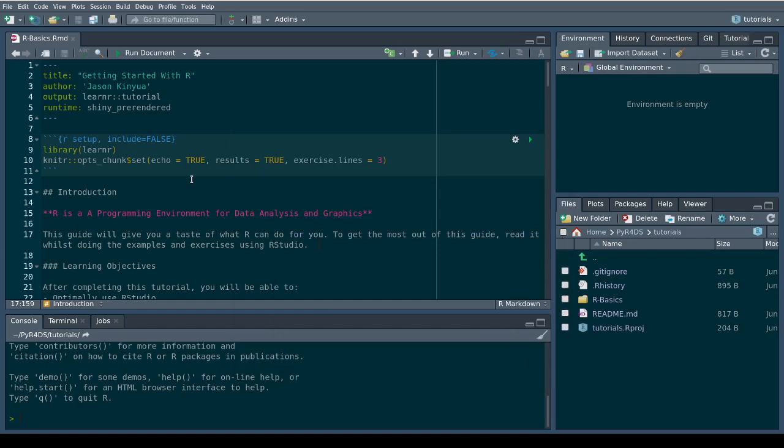So let us begin. What is R? R is a programming environment for data analysis and graphics. This is contrary to what we have been saying all over. Initially, we have been talking of R as a programming language. There is no problem with that, but R is more of an environment than a language.